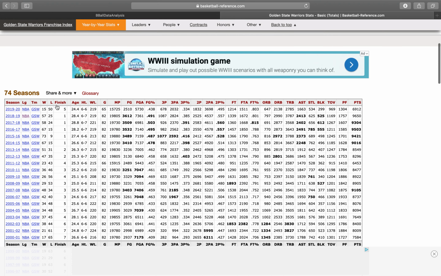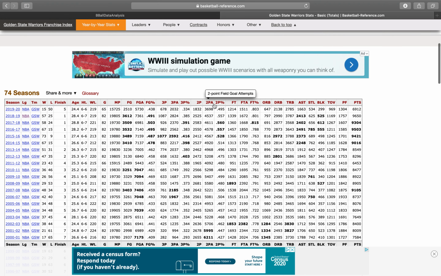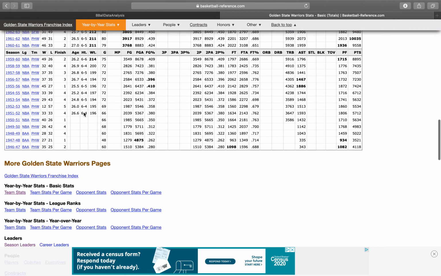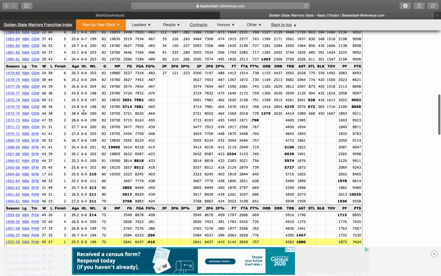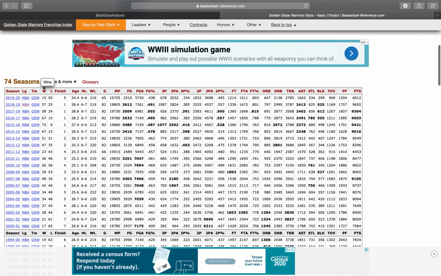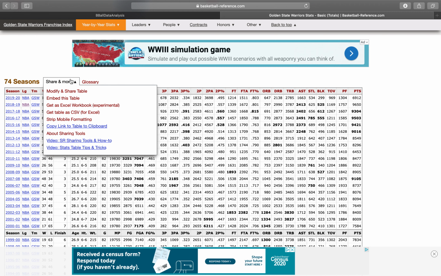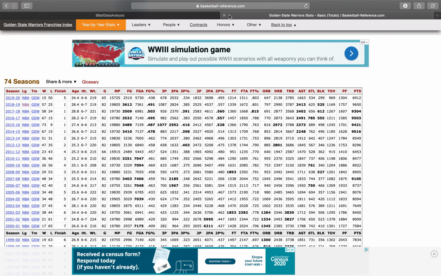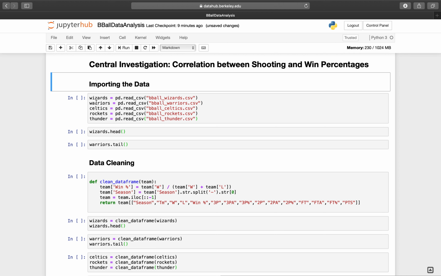We picked some teams, like for example the Warriors, and we went to year by year stats, the basic stats. The stats we wanted were the wins, 3 point percentage, 2 point percentage, free throw percentage. So the way we got those is this is basically a giant table of everything that relates to the Golden State Warriors over their past 74 seasons of existence. So what we did was we clicked on share and more, clicked on get this as an Excel workbook. Basically, that opened up a Google Sheet for us, and we downloaded that as a CSV. We're not going to do that right now, but that's how we got the CSVs for all these 5 teams